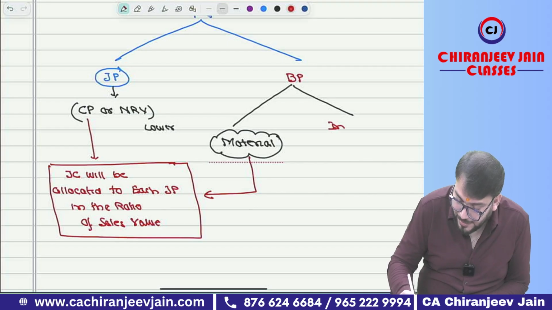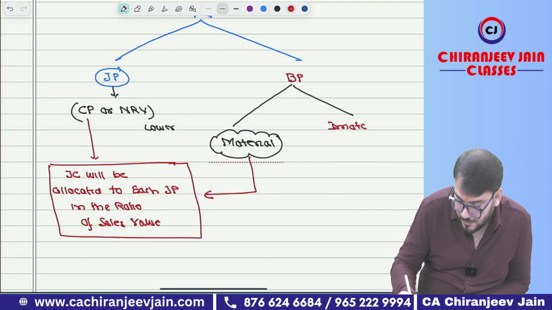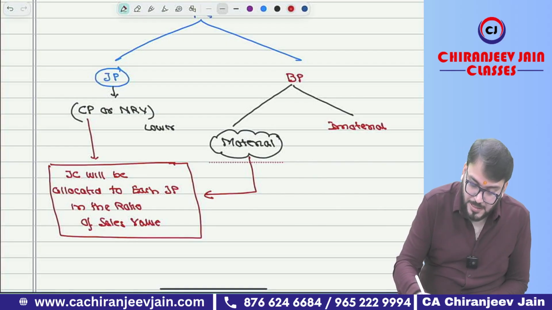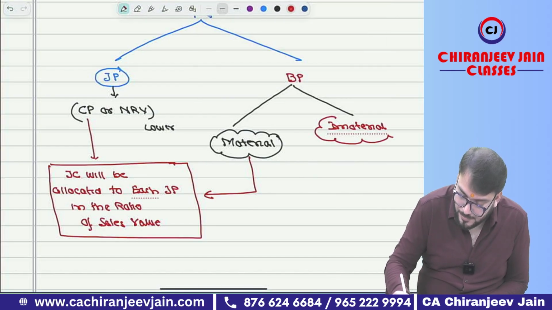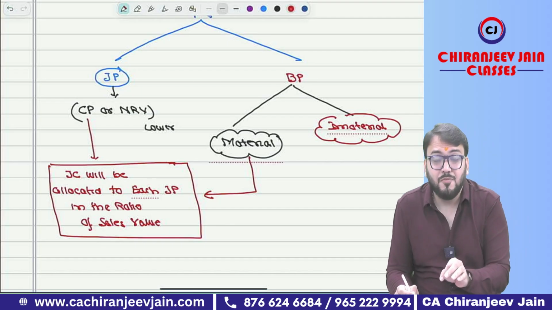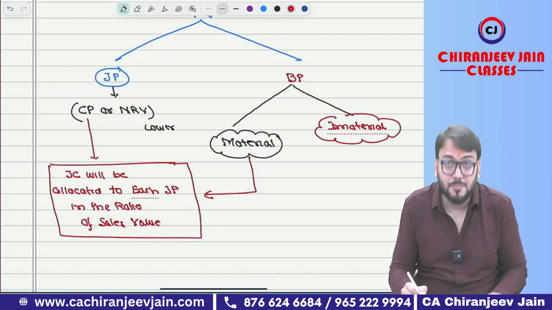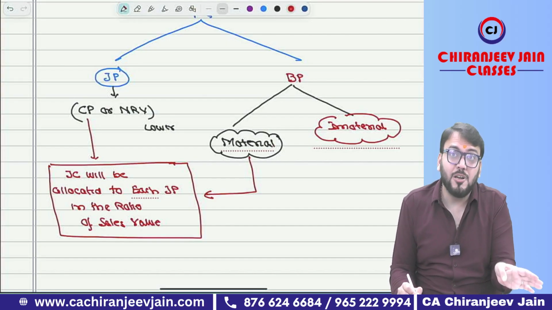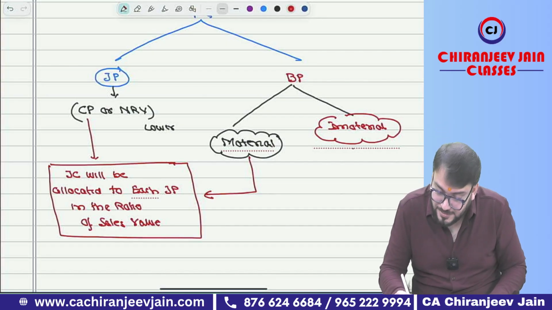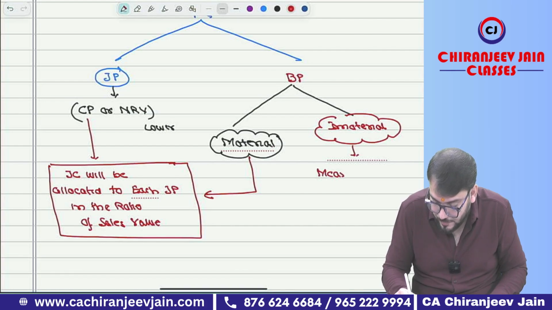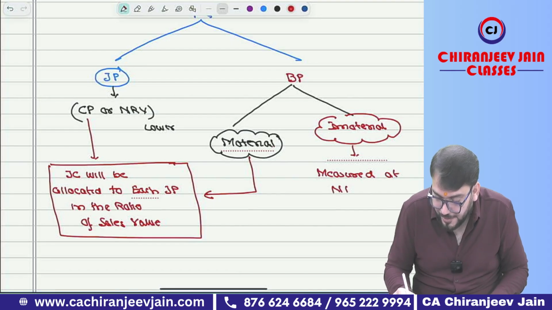But if it's immaterial, means once the byproduct is material, it will be known as a joint product only. I am just explaining that a material byproduct is a joint product, it is not a byproduct. But if it is immaterial, then it will be measured at NRV,